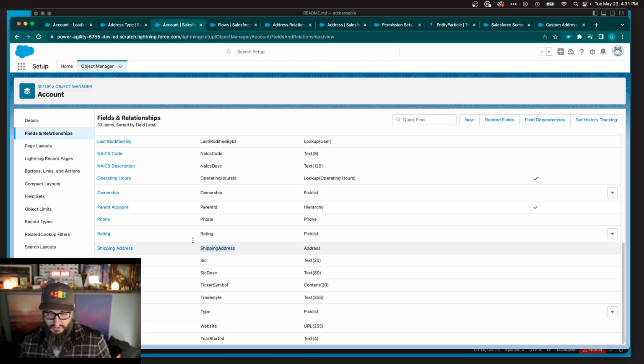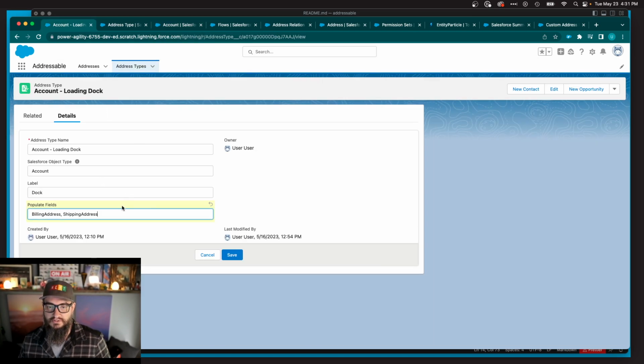Let's see. Billing address, shipping address. You probably make these selectable. This could be a flow, I think. Maybe. Might have to iterate through the steps, but what we're trying to say is when